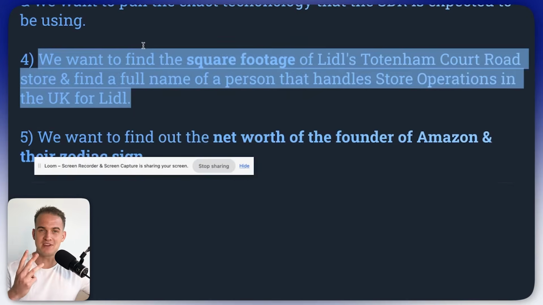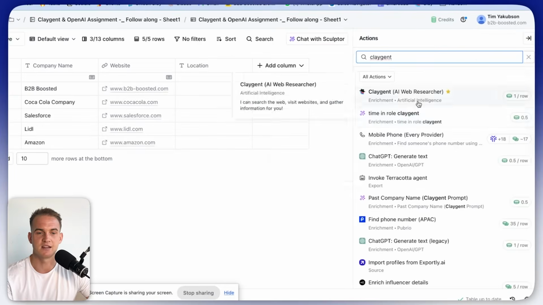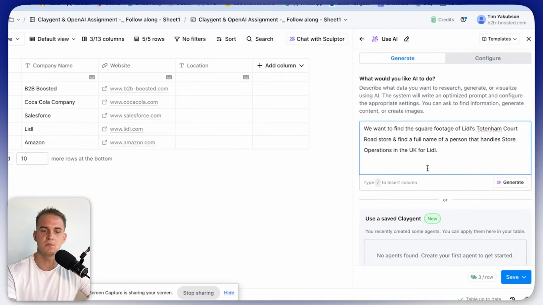We've covered 3 Clayagent prompts already, and we're just 2 prompts away from turning you into an absolute Clayagent prompting pro. So, assuming you are equally as pumped to get better at using Clayagent, all you need to do is copy and paste this exact text, which says we want to find the square footage of this place, and let's go into Clay, click on Actions, type in Clayagent, and let's select the Clayagent enrichment and copy and paste this